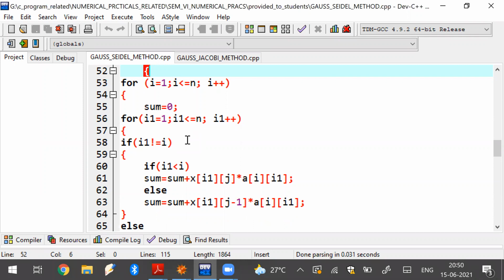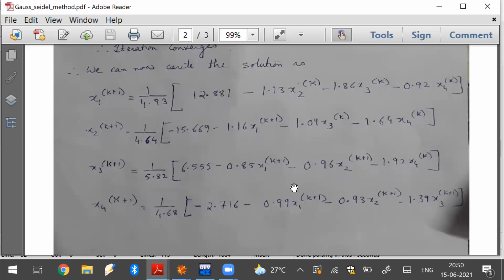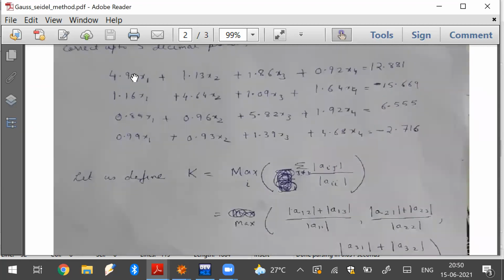So for i1 not equal to i, what is going to happen here? It is going to contribute in the summation. How is it going to contribute? It is taking the coefficient matrix elements. Suppose I am considering the first row: a11, a12, a13, a14. Forget about a11, the remaining are a12, a13, a14.